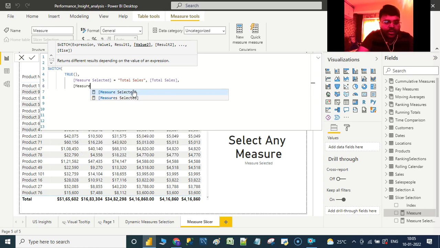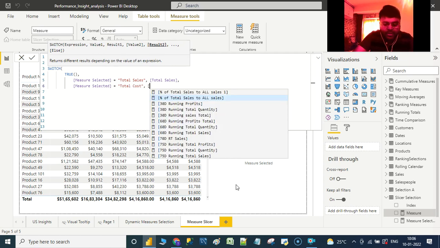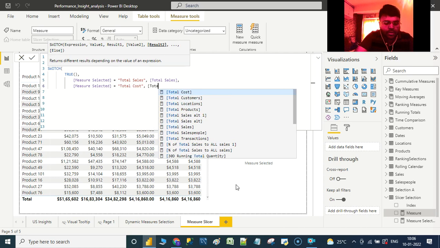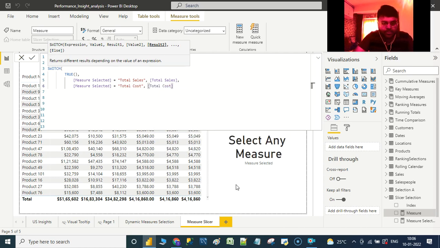And if the measure selected is equal to total cost, then return me the total cost measure.